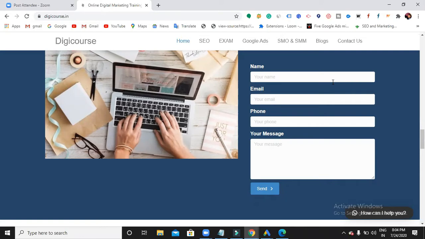Now, can we do this with the help of themes again? We cannot do these things with the help of a theme. With the theme I can just design, like I can just upload some pictures, I can just have some sliders and all. But with the theme you cannot have these contact forms. So this is very important.